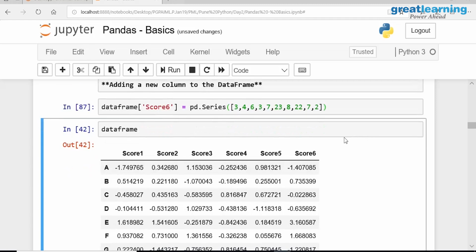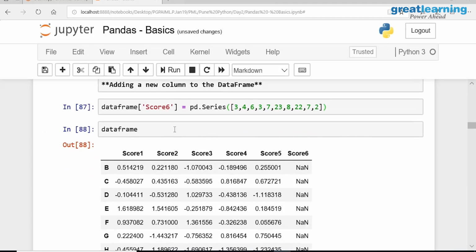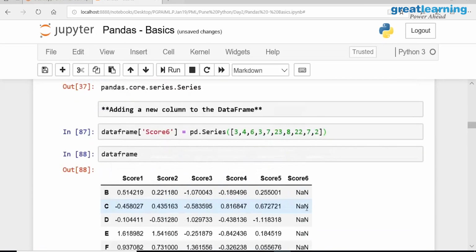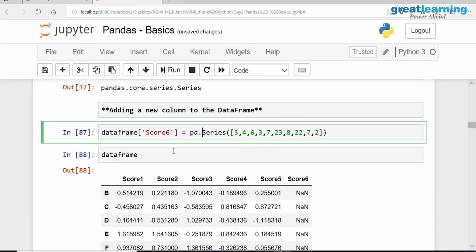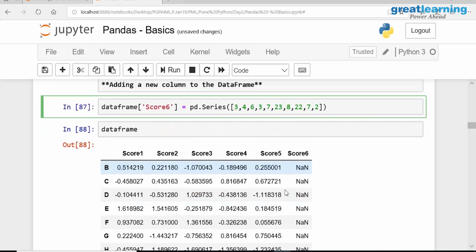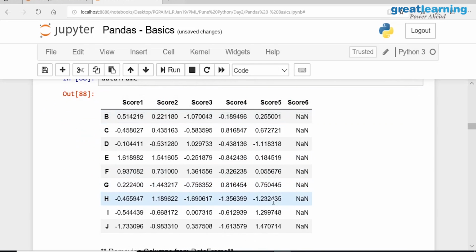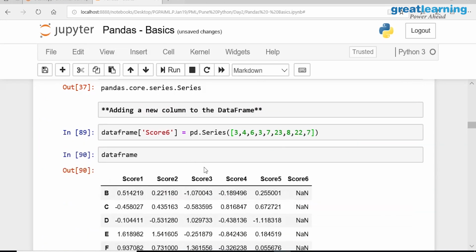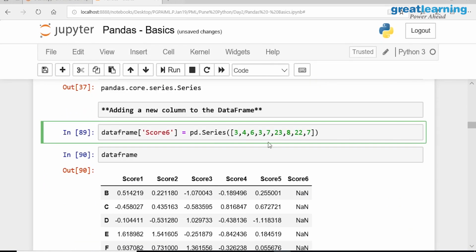Can you print the data frame with this? Why has it given NaN now? I have added, right? Integer and is that a float? That's not the problem. Why is it NaN, not a number? Because there are only 9 here, if you remember, but I have given 10 now. We have removed one thing, no? Still it is the same? No, not. Data type can be, the other frame can have another data type. That's not the case.